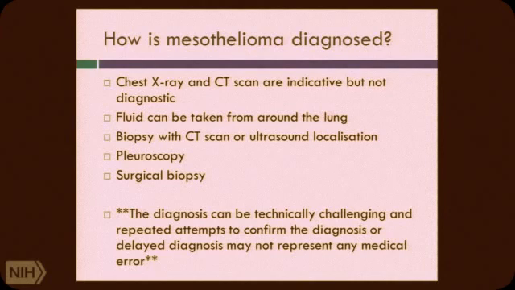So when mesothelioma is diagnosed, we need a tissue biopsy. The chest x-ray or the CT scan, they're indicative of mesothelioma but not diagnostic. And then the next step may be to take fluid from around the lung. That can certainly give a very strong index of suspicion, and in some parts of the world can be diagnostic. And biopsy with CT scan or ultrasound localisation or a pleuroscopy, so a mini telescope, or even an open surgical biopsy to take numerous samples and get the